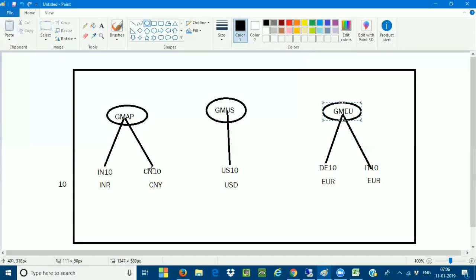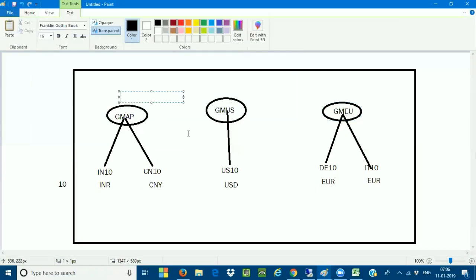If these are the local currency when the company codes are assigned to one company, then this will not be a group currency. Just now I showed that you assigned USD here, so this USD is not a group currency. Here it is euro, and here it is euro, for example. Then this will not be a group currency. Group currency will be only one currency, not multiple currencies. Very well. Group currency is always defined at the client level. This is the client. 400 is nothing but your client.